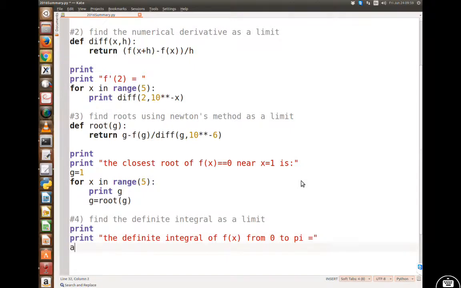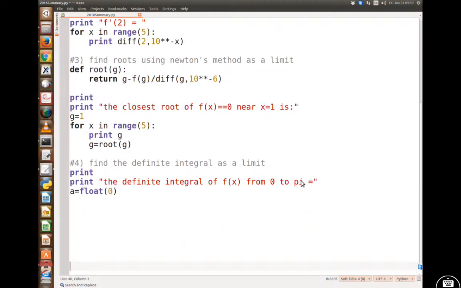How about we let a equal float 0, so it doesn't default to an integer. Alright, and b equals pi. Now I think pi is in the math library, so you're going to have to add it to the import line probably, but there you go. Let's just pretend that's not a problem. I just want pi. B is pi. Okay, now for